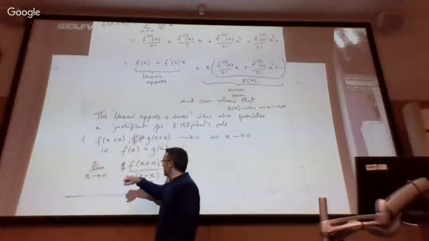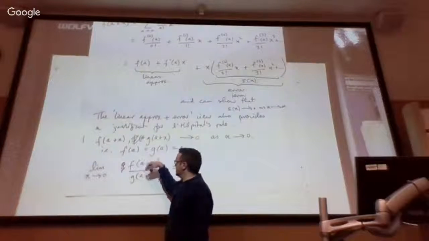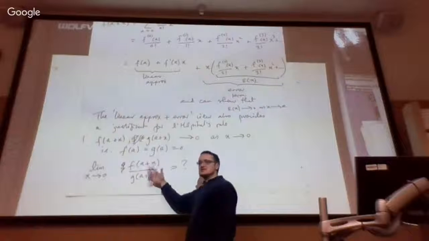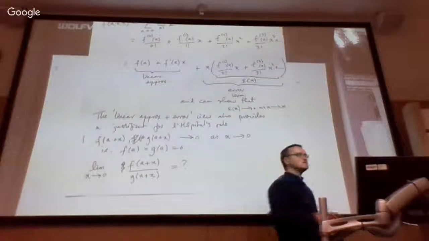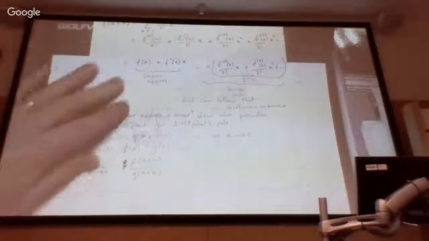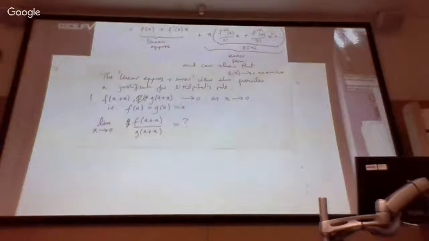Okay, as x approaches 0, f of a plus x is convergent to f of a, g of a plus x is convergent to g of a. But we can't say the limit of the quotient is 0 over 0 because that's nonsense. It doesn't make any sense. What is 0 over 0? It doesn't have a definition. But